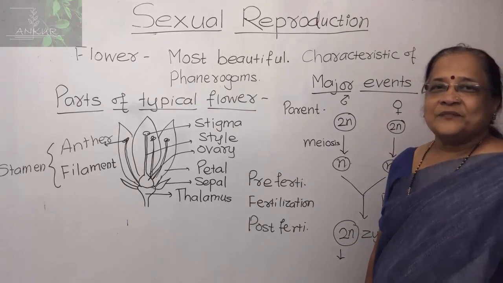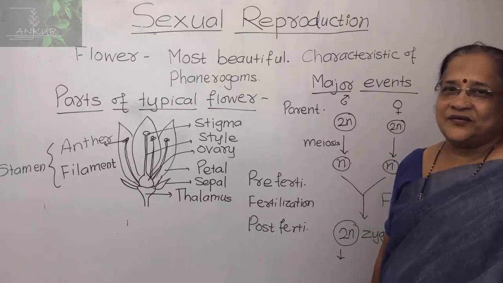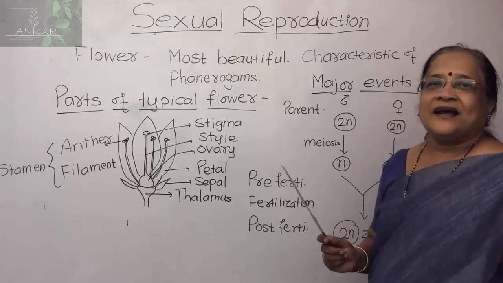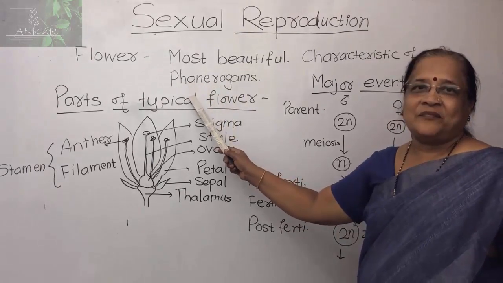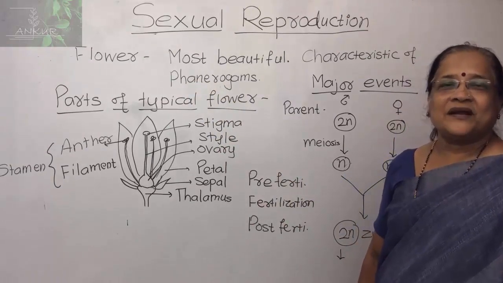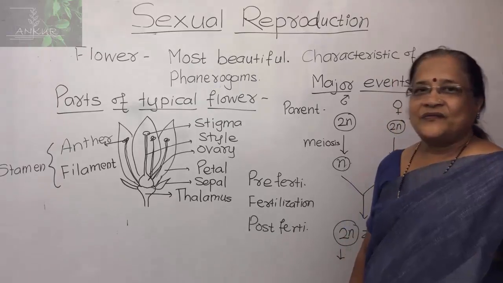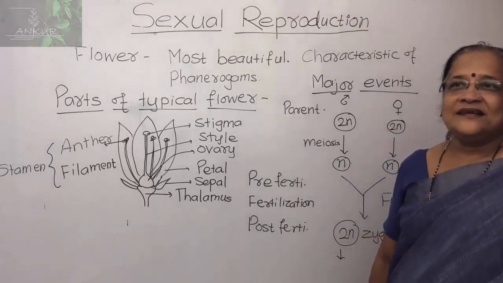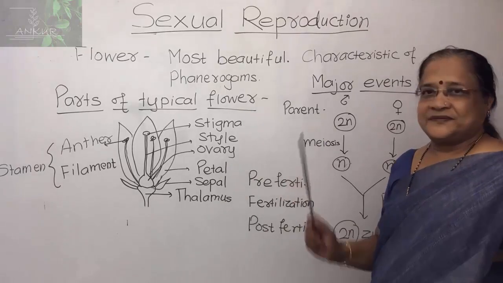So in angiosperms the flowers are conspicuous and we can easily see them. After the completion of the juvenile or young stage of plant growth, we get a certain maturity period in the plant. And how to identify the mature period? When we get a flower on that plant, we call the plant matured and ready for reproduction. So the flower is the part of sexual reproduction in higher plants, mostly in angiosperms.